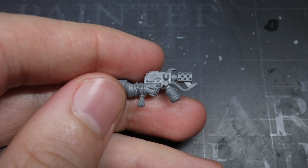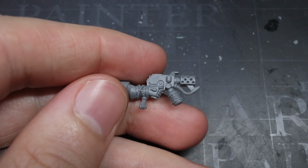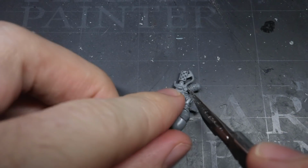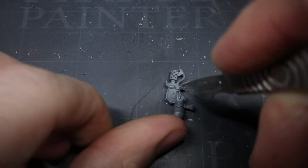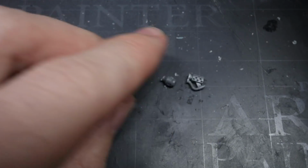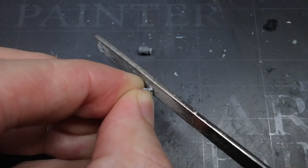Personally, I chose one of the hand flamers from the Death Company kit, partly because they're a little more compact and partly because the flamer grill was attached with a single pipe, which just makes things a little easier. I started by clipping away the grill at the point where the pipe connected to the stock of the flamer, getting as close to the stock as possible in order to retain as much of the pipe as I could. Next, I clipped away the Promethean tank using the same principle as before. Now that both components were removed, I was able to trim the cuts to smooth out the surfaces and make